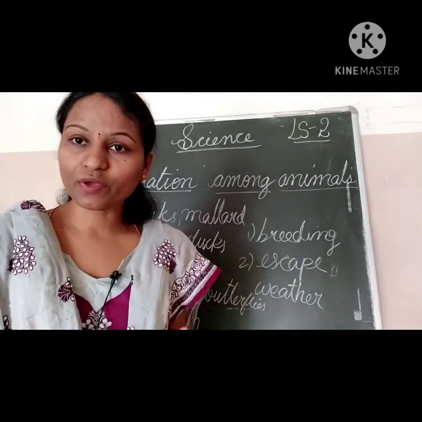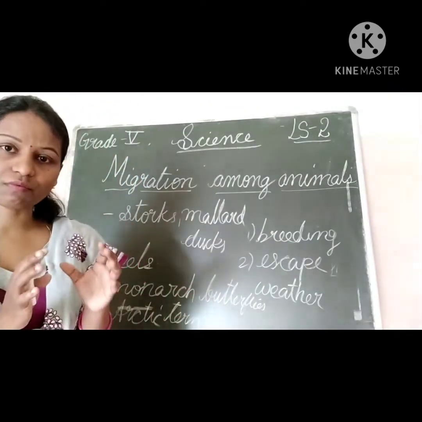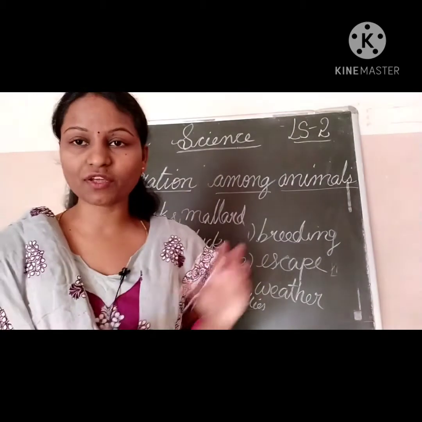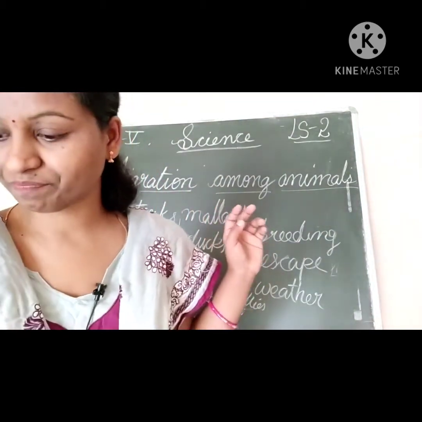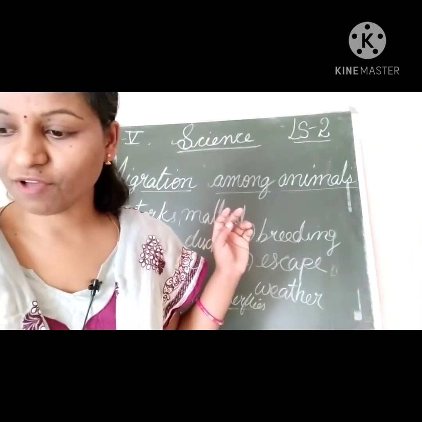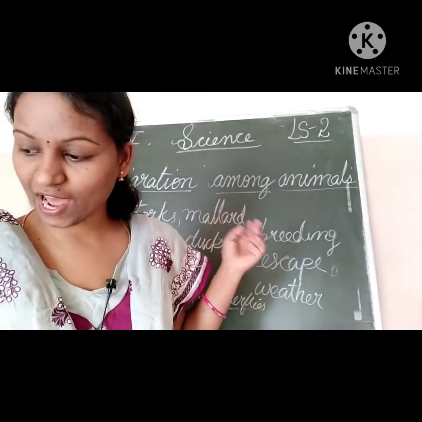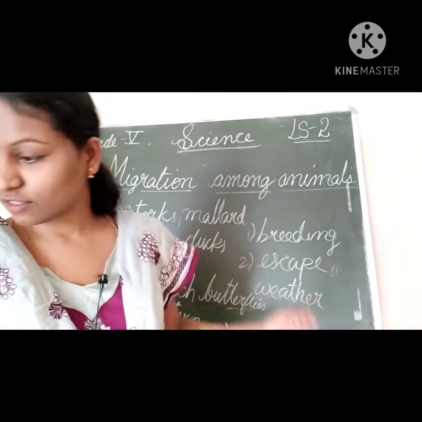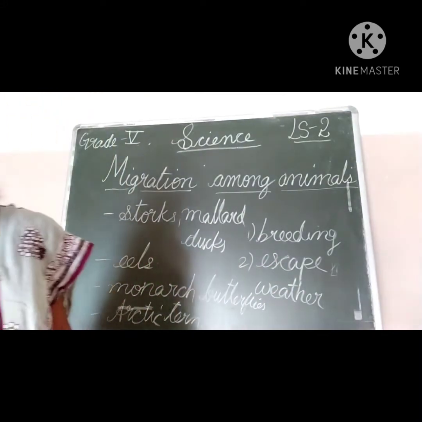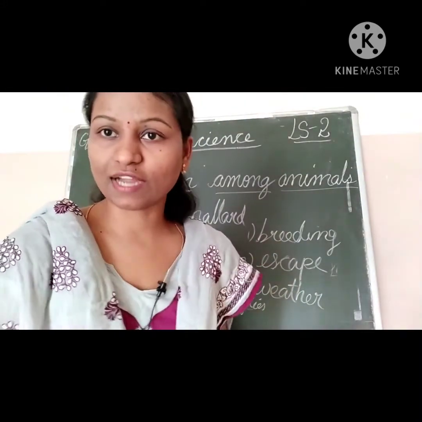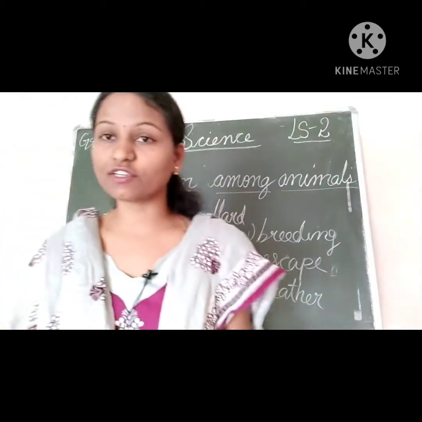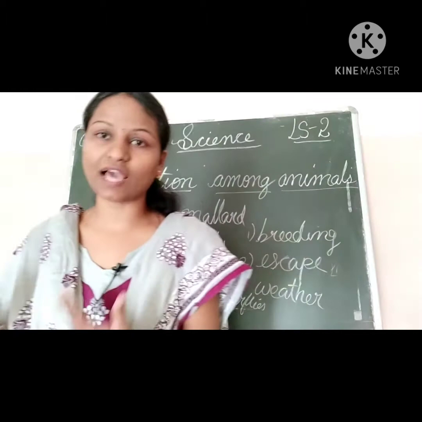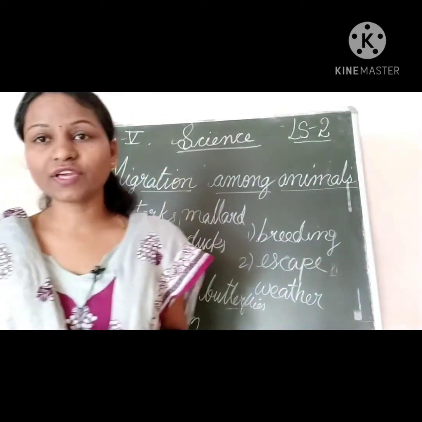So before we go to the next chapter, I will just give a summary of all these things. Okay, first we have learnt about the different types of animals, on the land, on the trees, in the water, and in the air also. And then we have done the breathing mechanism in animals. What are the different organs of breathing in the different animals? Okay, next we have done the